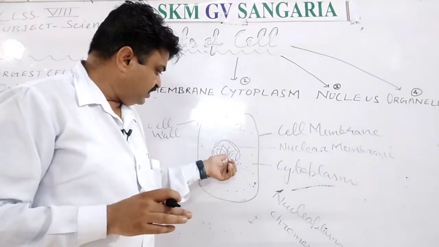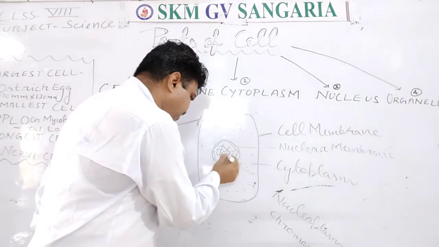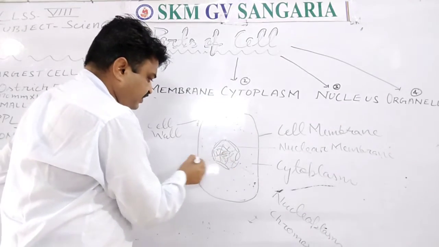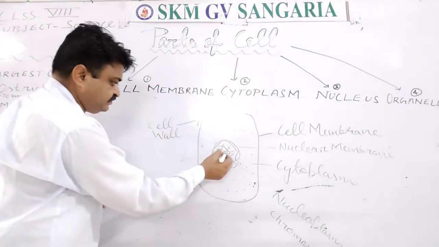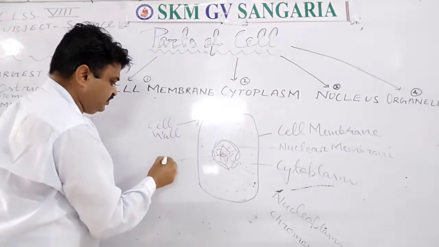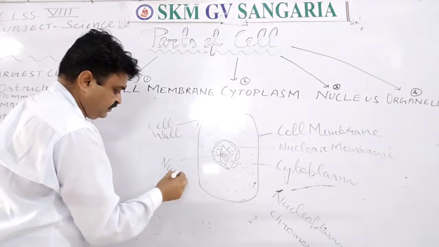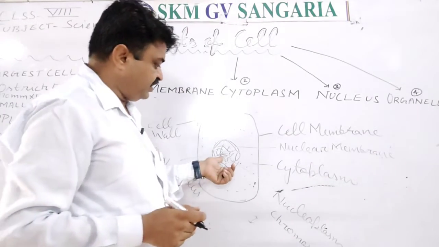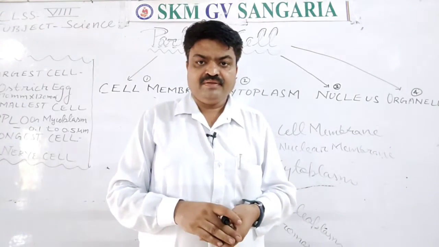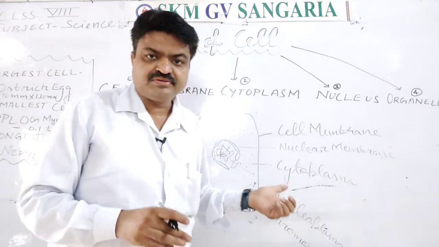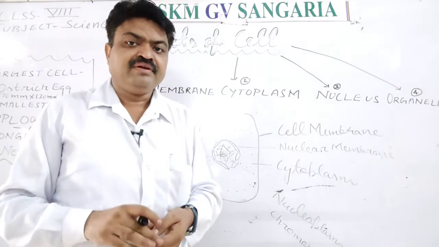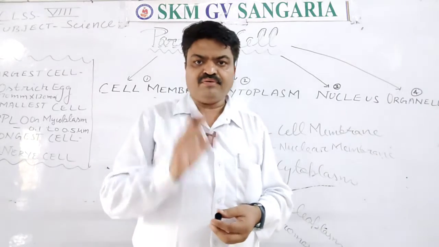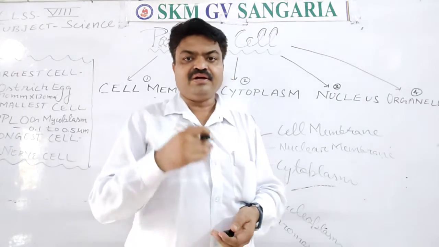So there is another dense particle found inside the nucleus, and this dense particle is known as nucleolus, student. Nucleolus. So it is about the nucleus, and it is the control center of the cell. And who discovered it? It was discovered by Robert Brown. Now we come to the next, student.